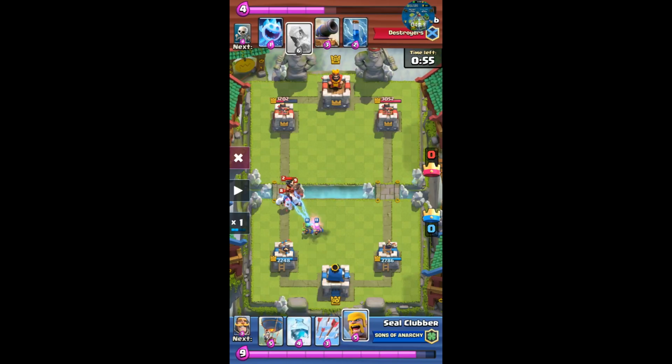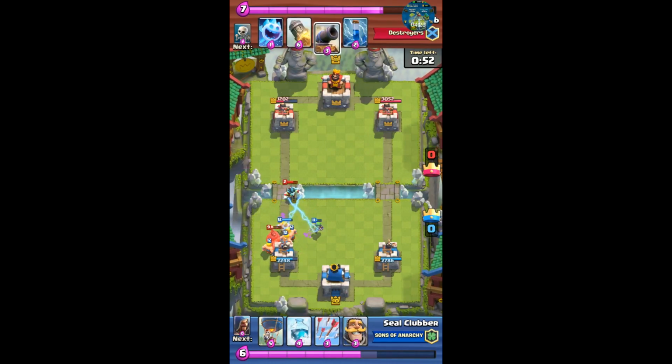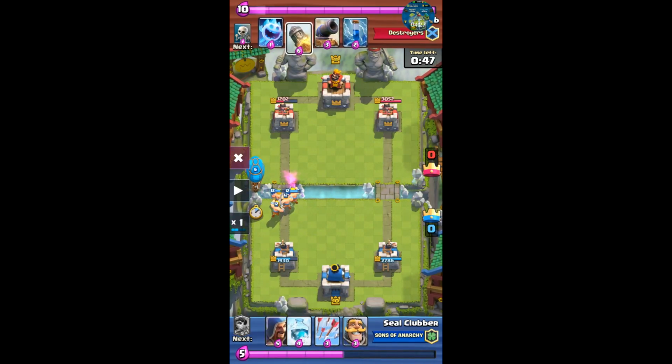Here comes the Hog Rider. My Spear Goblins are going to kill the Ice Golem ahead of time, so I can drop my barbs down there and they won't be slowed down. Hog runs right to the middle of my barbs, gets 1 hit. That's okay. Don't have to worry about the Electro Wizard, so I go ahead and drop my balloon in the